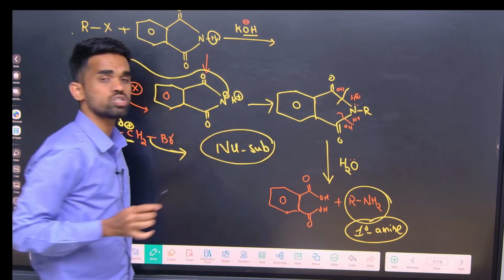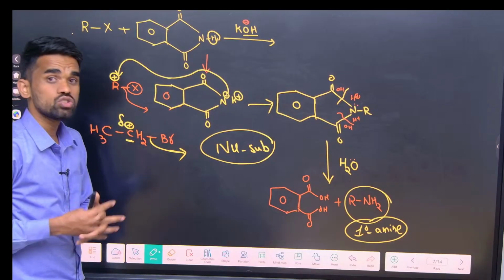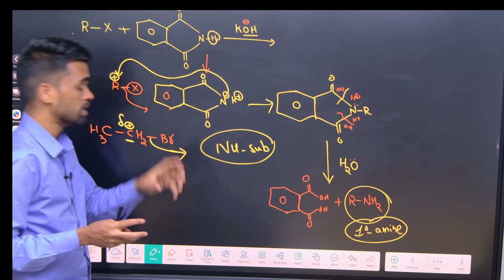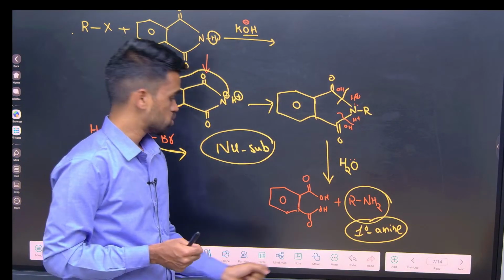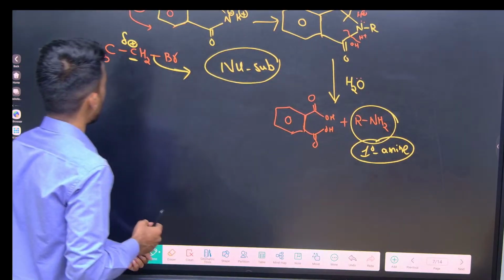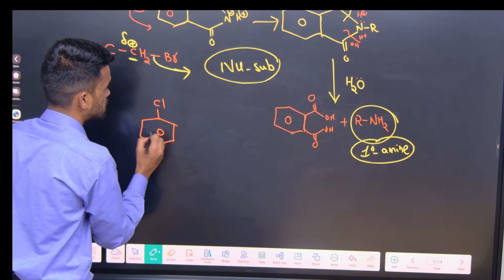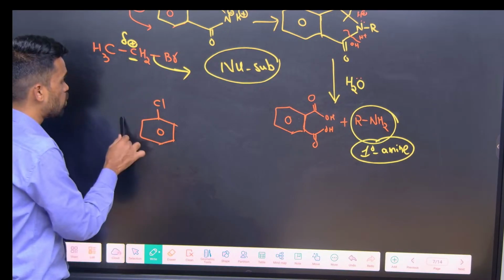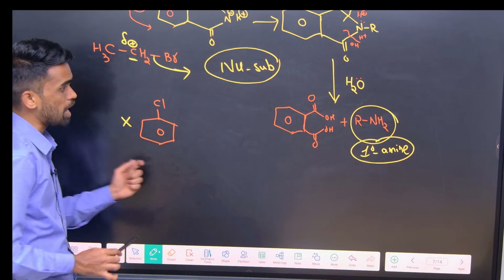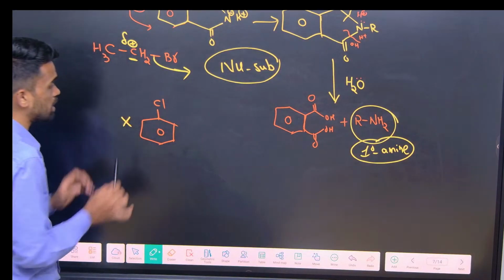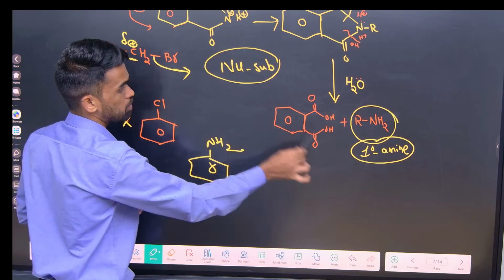In a nucleophilic substitution reaction, one nucleophile goes out and another comes in. The important point to remember is that the limitations you have studied in SN1 and SN2 are valid here. What are the limitations we have studied? Alkyl halides will be involved, but will aryl halides be involved in nucleophilic substitution? Halobenzenes like chlorobenzene won't be involved. So this species will not undergo Gabriel phthalimide synthesis. It means we cannot prepare aniline by Gabriel phthalimide synthesis,